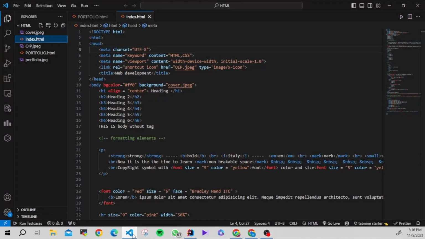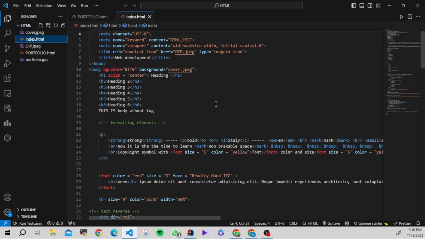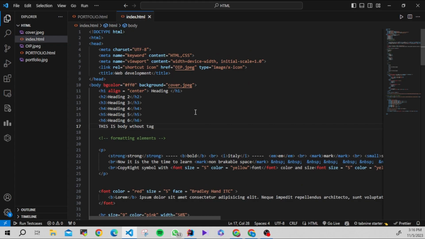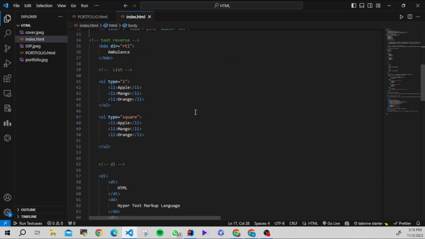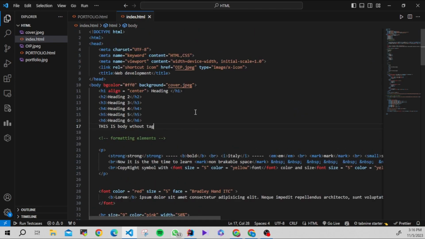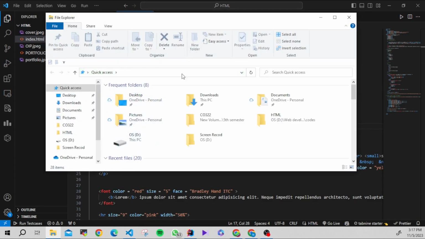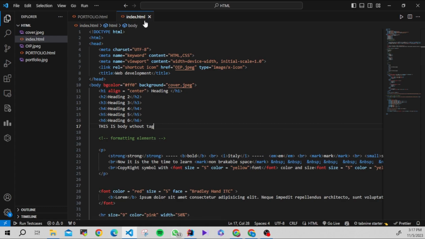So now let's open our Visual Studio Code Editor. Guys, don't worry, this is HTML code I have written earlier, so don't worry about this code. Let's close this code and start our Visual Studio Code from the basics. First of all, let's close this